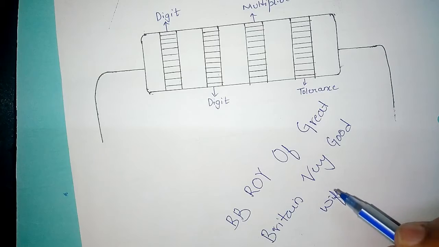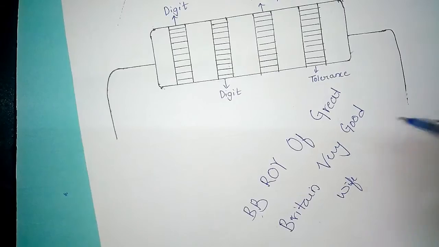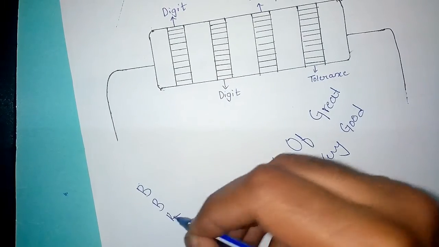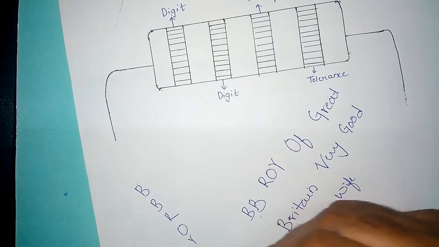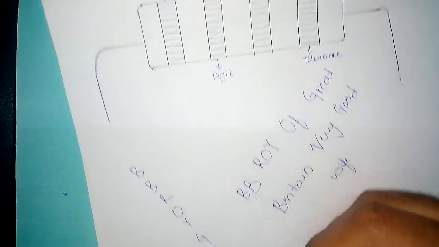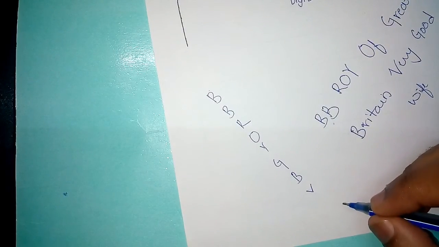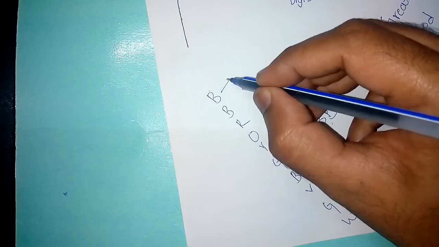So when we consider the starting letters of this sentence, we get B B R O Y G B V G W. So the first color indicates black,